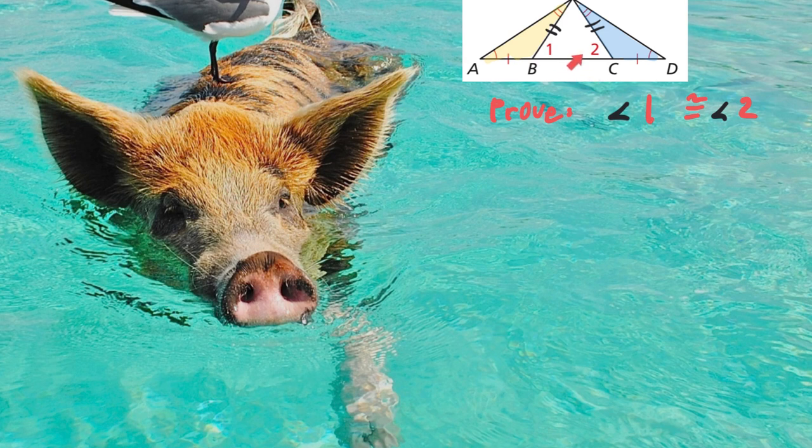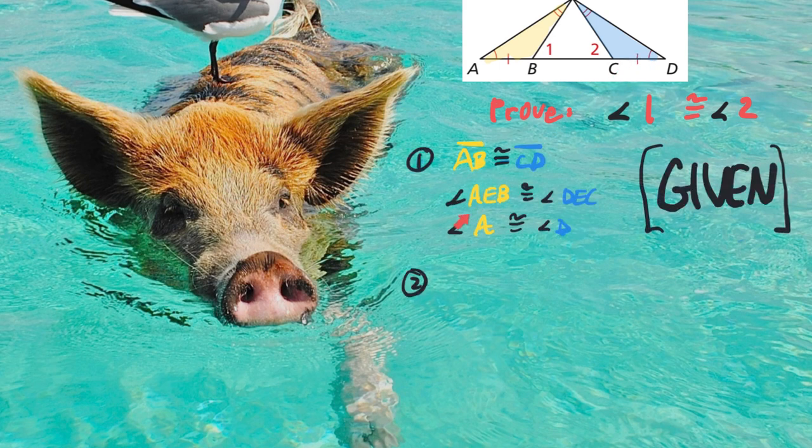All right, so let's prove that with the given information, the yellow triangle ABE is congruent to the blue triangle DCE. Here we go. So let's start with all the given stuff. These sides are congruent, AB and CD. Angle A is congruent to angle D, and then the double arcs, angle AEB and angle DEC. That's all given. And yep, my kids, you could have just pointed to the picture and said all that stuff